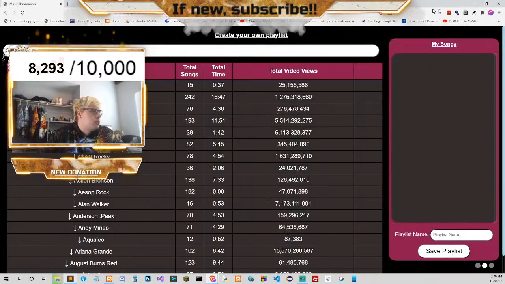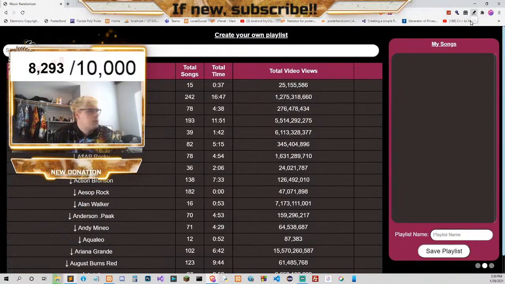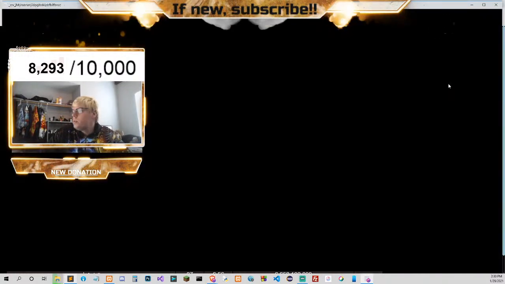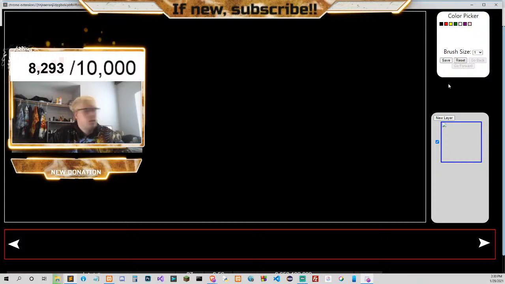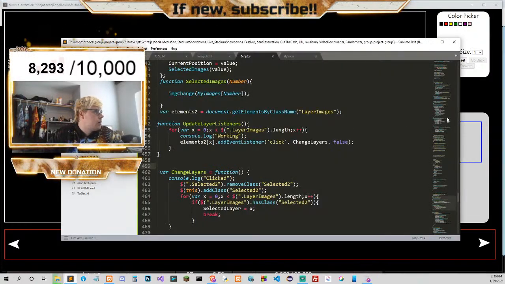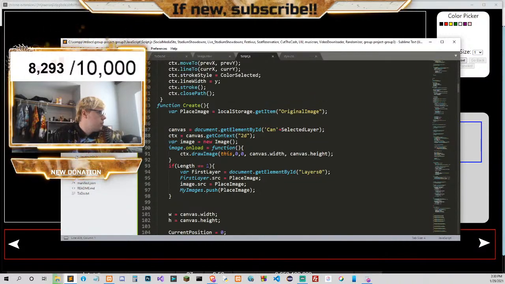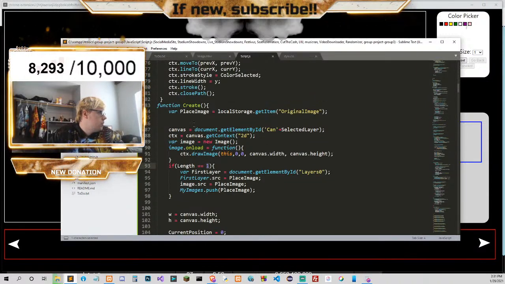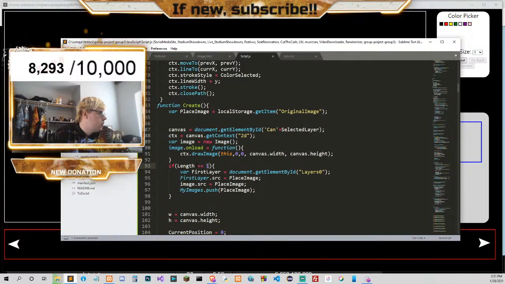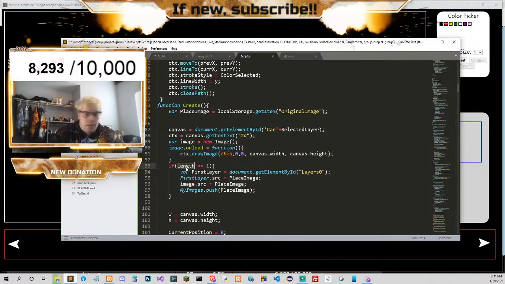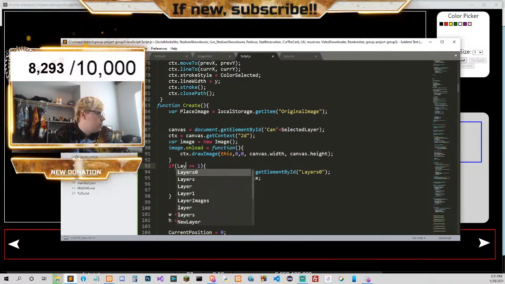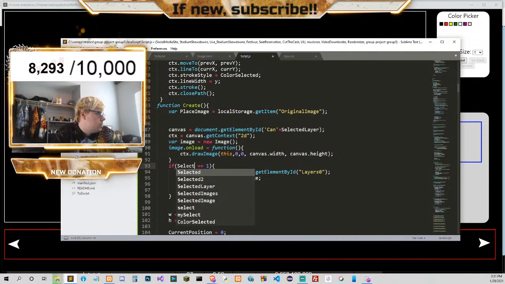So I fixed a few things and also did a lot of things here. So let's see. Take the screenshot. If length equals 1. Alright. Bet. If length equals 1. We don't have it up here anymore. This is because it's going to be selected layer.